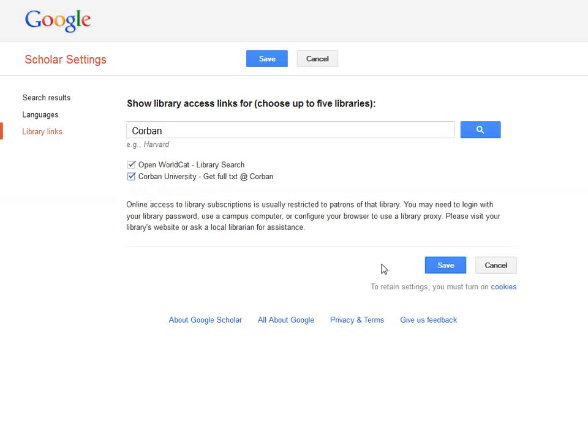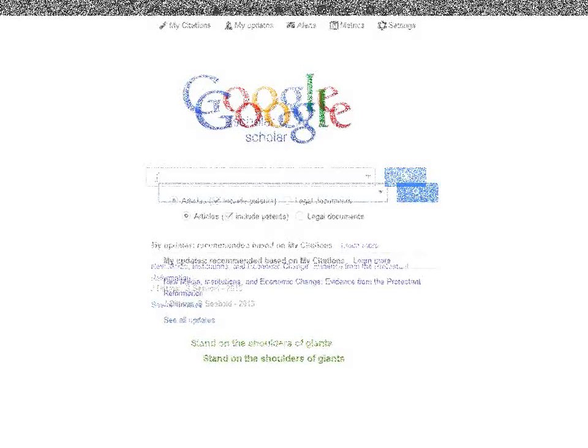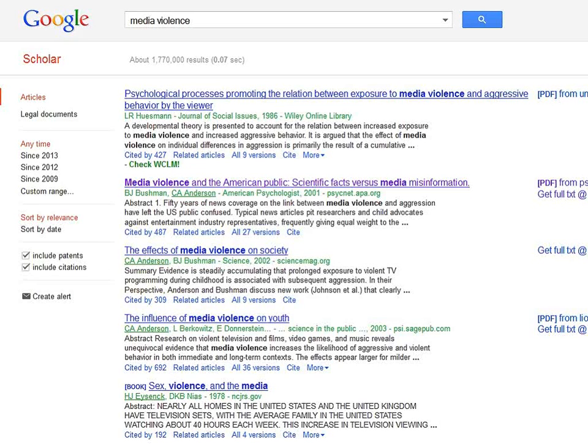Now go back to Google Scholar and do a search. As we have been discussing, we need to think in reference to keywords. In this search, we have two keywords, media and violence. Anybody can place anything on the web. Even though Google Scholar is looking at more scholarly content, the question regarding what is valid and true still needs to be asked.